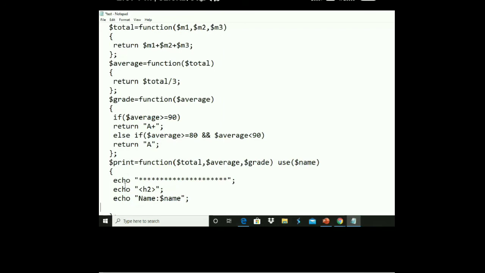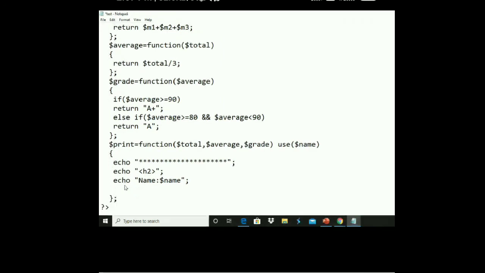Okay. Then write echo. If you want to write marks here, I think total, isn't it? Total, put colon, and total is in the variable called total. Put total. Every time use a break statement here, because then only it will come to a new line.